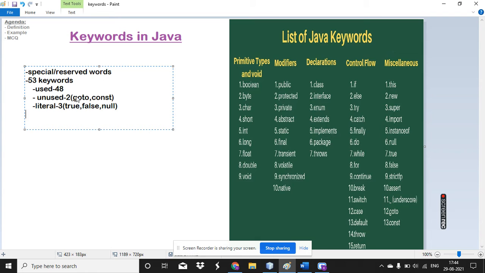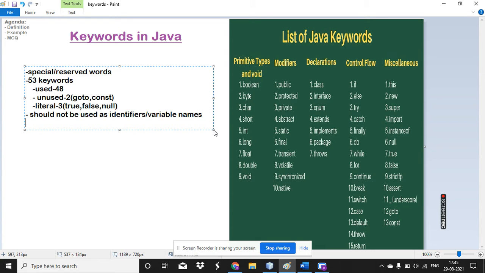And the next thing, the most important rule, is that your keyword should not be used as variables or identifiers. Identifiers or variable names, both are the same. Fine. So this is the most important rule you have to remember.